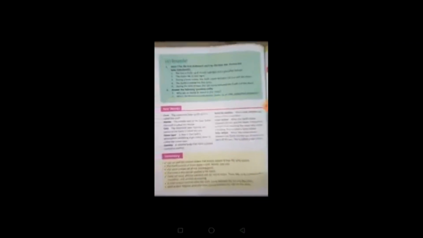Before signing off, I want to remind you once again, as we are in a lockdown situation, but our study is not locked down. Our study must go on. Keep studying at home, and to prevent this novel coronavirus COVID-19, wash your hands regularly and keep healthy.